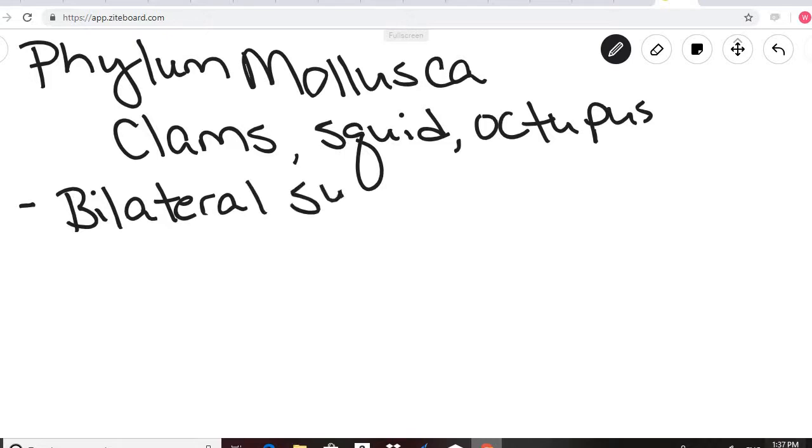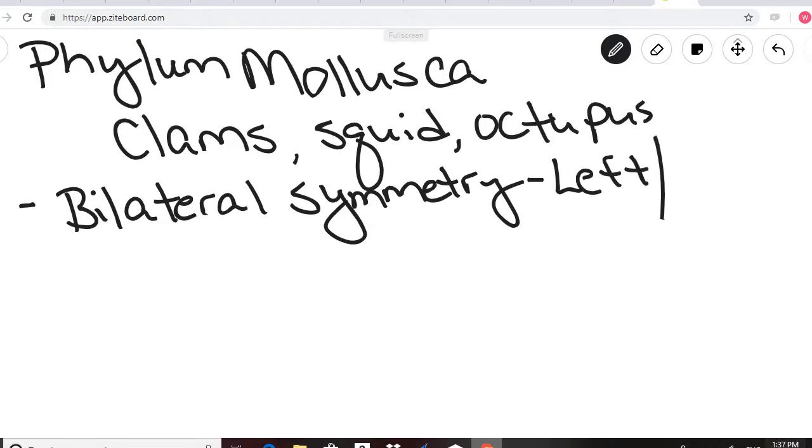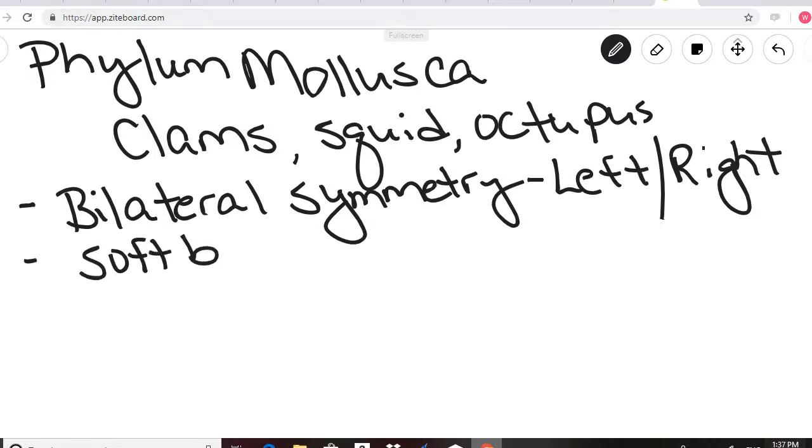and that means that you can draw a line down the middle of these organisms that would divide them into right and left halves, so they would have equal right and left halves. That's what bilateral symmetry is. They have a soft body, but they also have some type of shell,